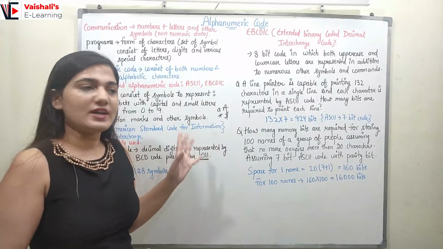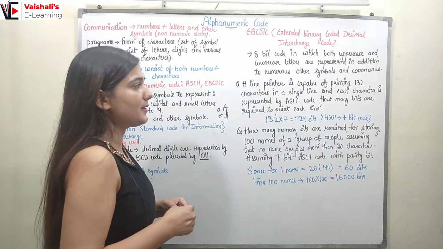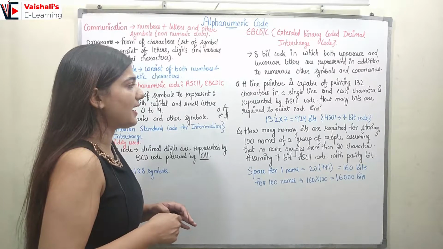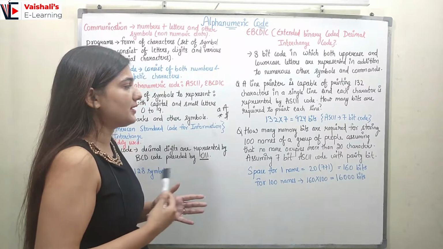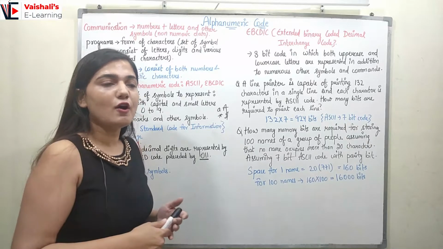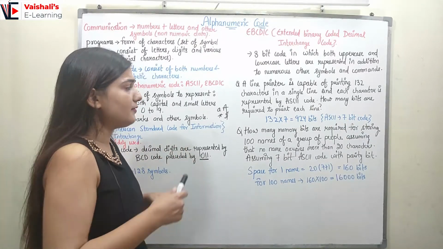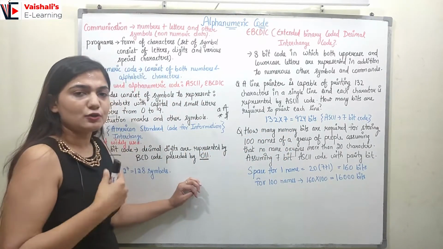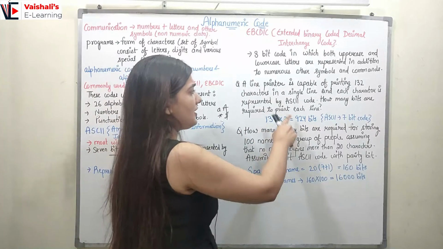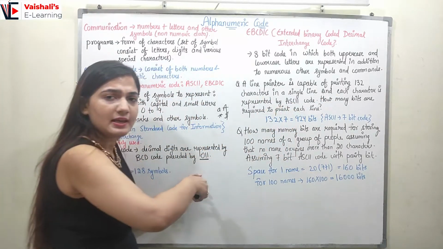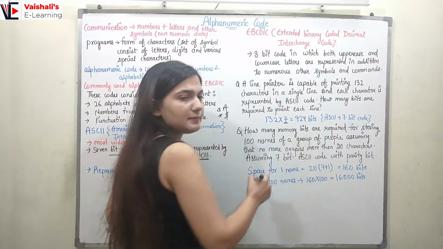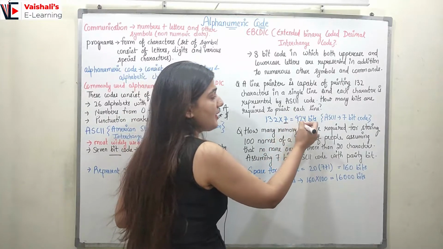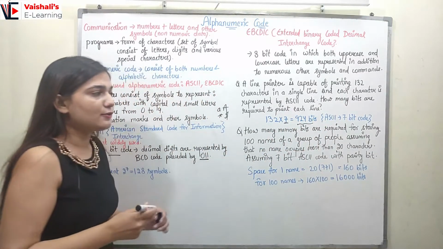Now coming to some basic questions. Question number 1 states: a line printer is capable of printing 132 characters in a single line, and each character is represented by an ASCII code. How many bits are required to print each line? We all know for one character I require 7 bits, right? So we have 132 characters in a single line, and for one character I require 7 bits. So 132 characters will need 132 into 7 bits, that is 924 bits, because the ASCII code is a